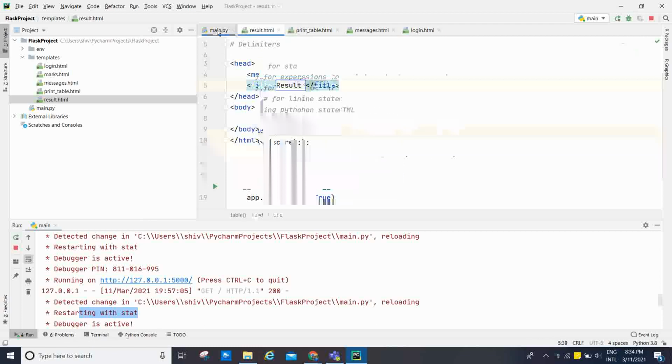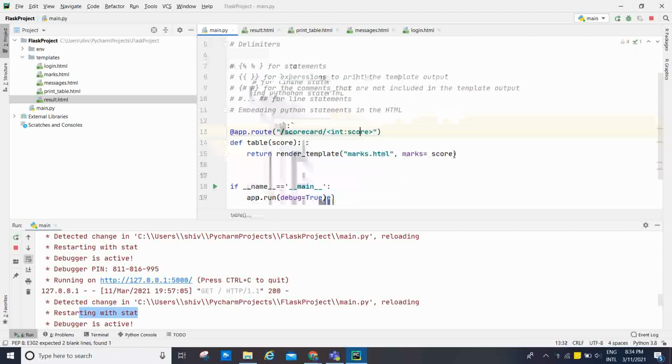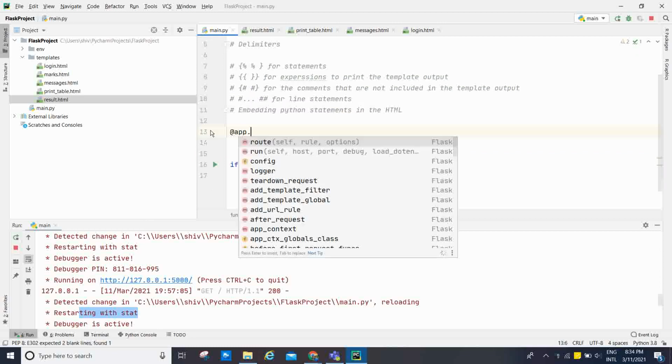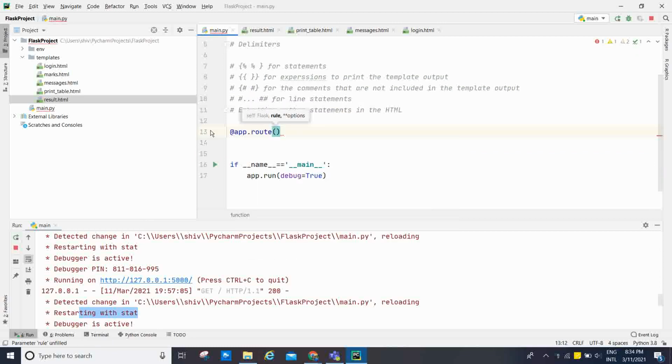And here, let's remove everything. I'm going to get app.route, and then I'm going to pass /results, and we are going to define one result function.